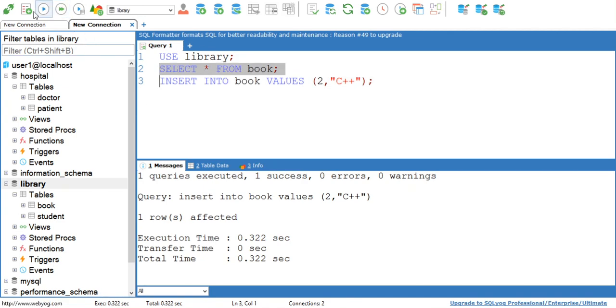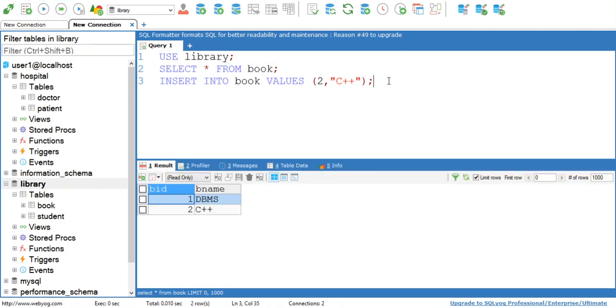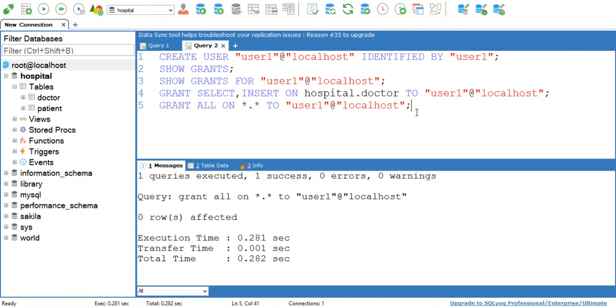Data is successfully inserted. So we have verified both the grant command, how to give all permissions and how to give a few permissions. Now again close this connection. When you give all permissions to any user, that user becomes an admin and can perform any operation on any of the databases. So to maintain security, we never give all the permissions to all the users.